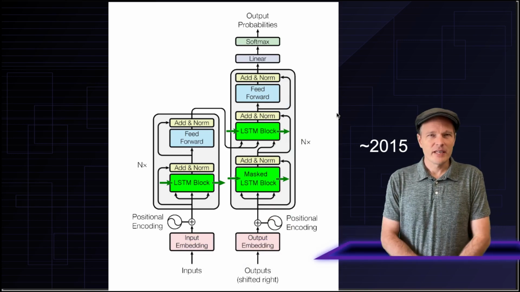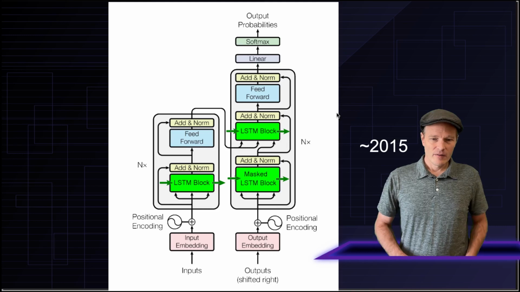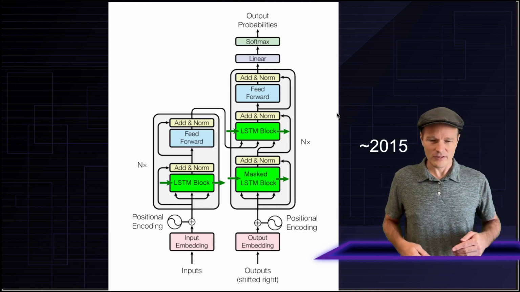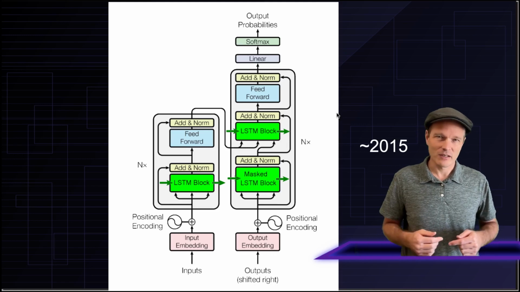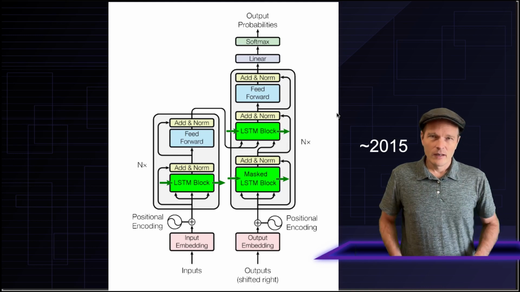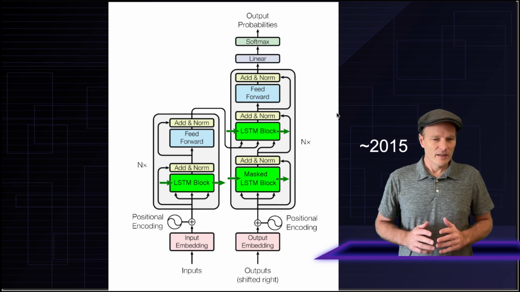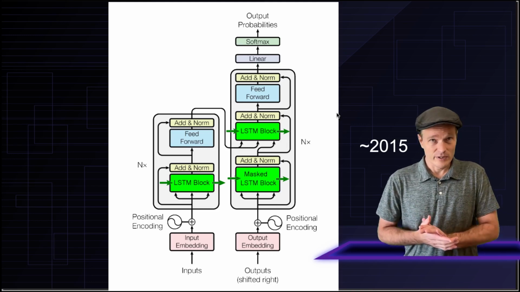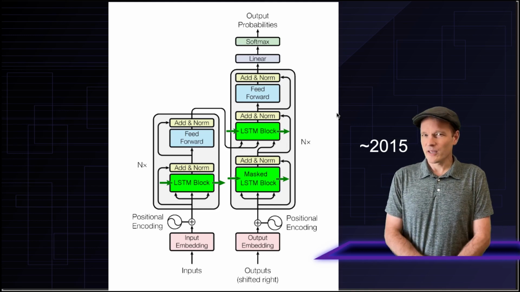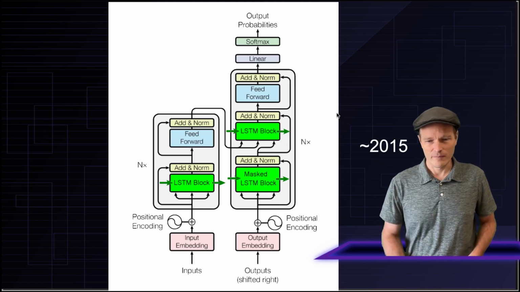By around 2015, we were using deep neural networks to do sequence-to-sequence predictions. These deep neural networks often contained LSTM blocks. These are a type of recurrent blocks. You can see these green arrows pointing horizontally, indicating that it's passing its memory forward in time. At the time, we thought these models worked rather well, but they were very cumbersome to train. In order to train a deep neural network that contains recurrent blocks, you have to use a technique called backpropagation through time. And backpropagation through time is both cumbersome to implement and it's very slow to actually perform the training.